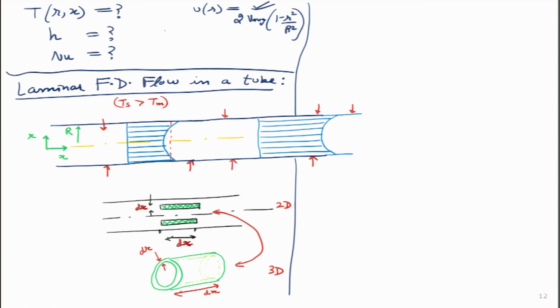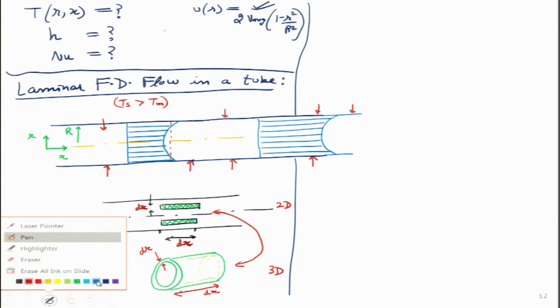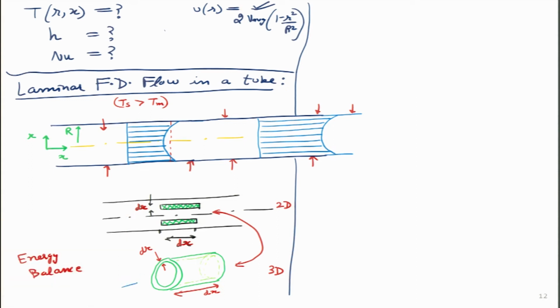Now, let us try and see. We want to perform an energy balance. So, how am I going to do the energy balance? I want to figure out how much energy is coming in because of the flow. So, I can write it in terms of its temperature, m dot Cp Tx. This is the point over here, how much energy is coming at this particular point. Now, I want to figure out the same fluid is going to come out from this side, how much energy is leaving over here. Then I can write that energy is m dot Cp, temperature not at x now, but at x plus dx, temperature at x plus dx, right.